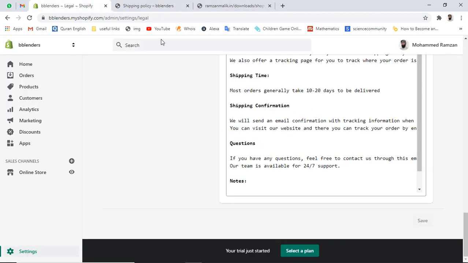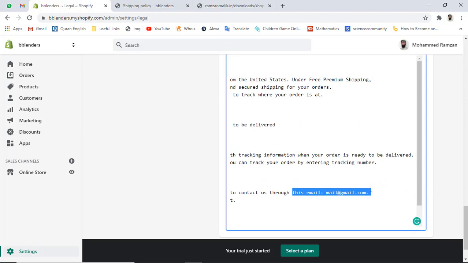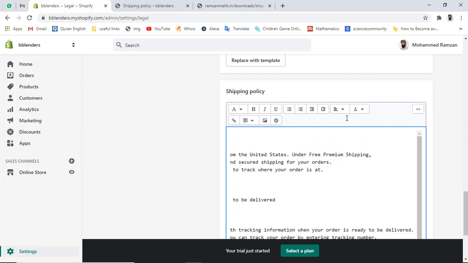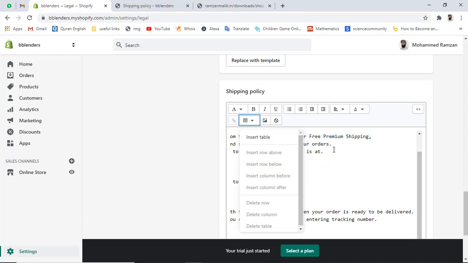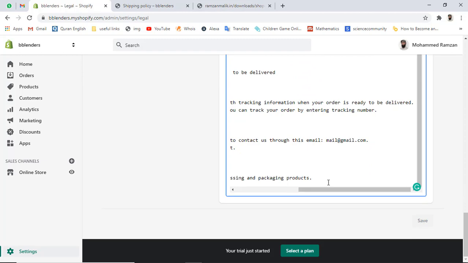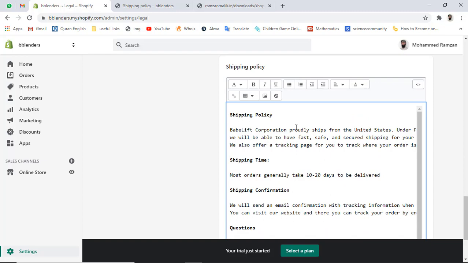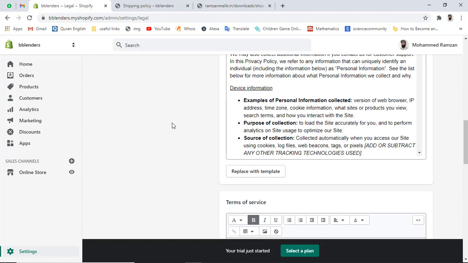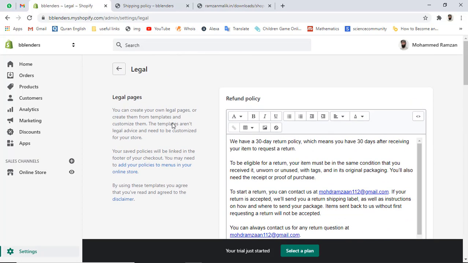You can improve the design according to your need, and if you are writing in your own way, then it would look great. Actually this is copied content, and that's why the font family is a little different. So finally we end up with these policy pages, for the shipping policy actually. Let's save the changes. I already saved, so leave it as it is for now. All the things I have added for the policies, and let's move ahead for the next thing.